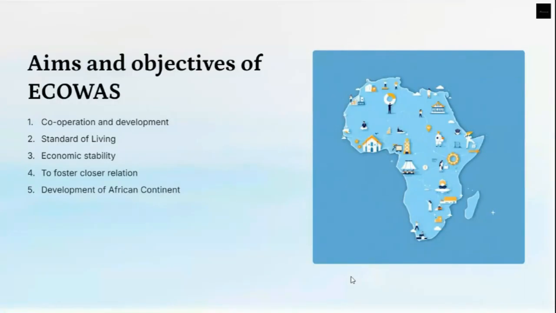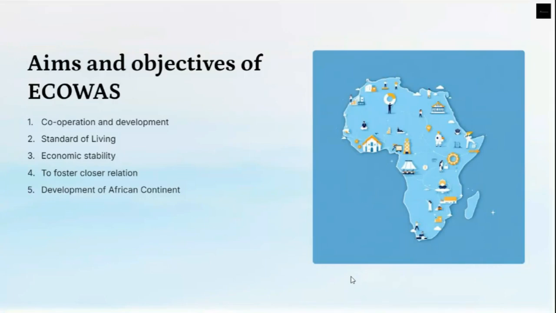Now, what's the aim and objective of this? One of the aims and objectives is cooperation and development. That's the aim. Development and cooperation. Take note, because at the end of the class, I will ask these key questions so that I will be sure that you understand. Now, the aim and objective of ECOWAS is cooperation and development. That's one of the aims of ECOWAS. So it's to promote what? It is to promote cooperation and development in all fields of economic activities.